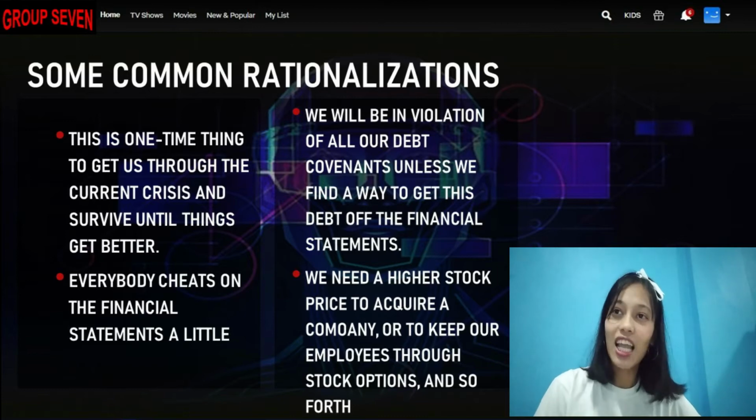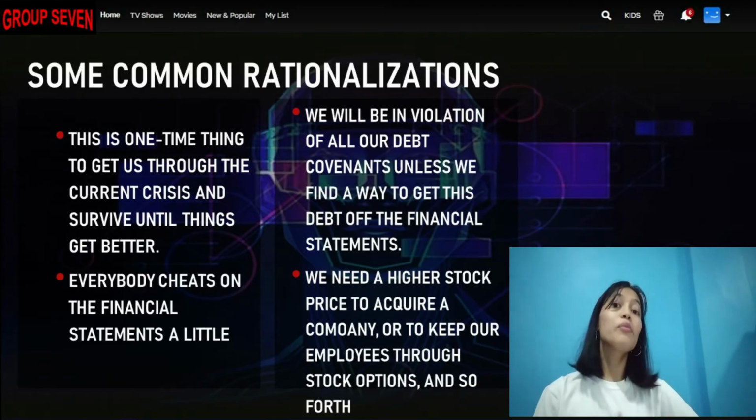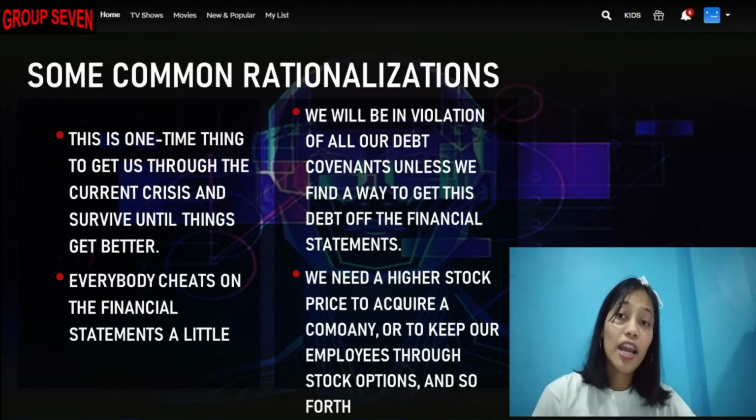Ganon. Mga ganyan talaga. Next, we will be in a violation of all debt covenants unless we will find a way to get this debt off the financial statements. Iisipin nila na parurusahan sila lang matindi ng mga pinagkakautangan nila. O kaya merong binigay na death threat. Kaya lalo silang nagpo-push through. Ito yung nagbibigay sa kanila ng pressure. Kaya iniisip nila, hindi. Maliligtas ko yung buhay ko at mababayaran ko yung pinagkakautangan ko sa pamamagitan ng paggawa ng